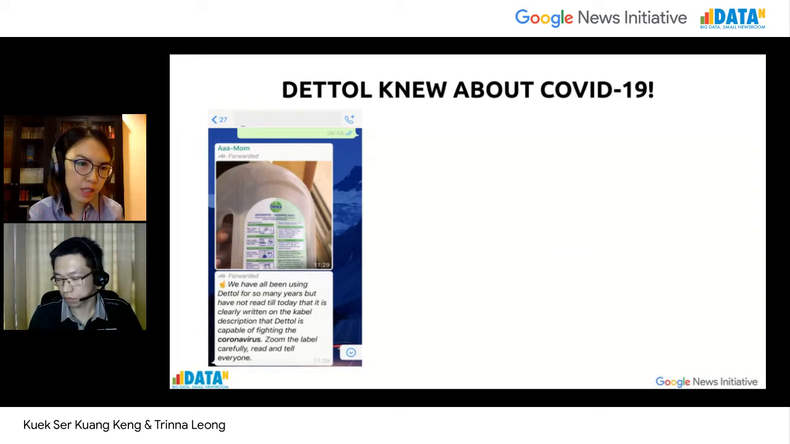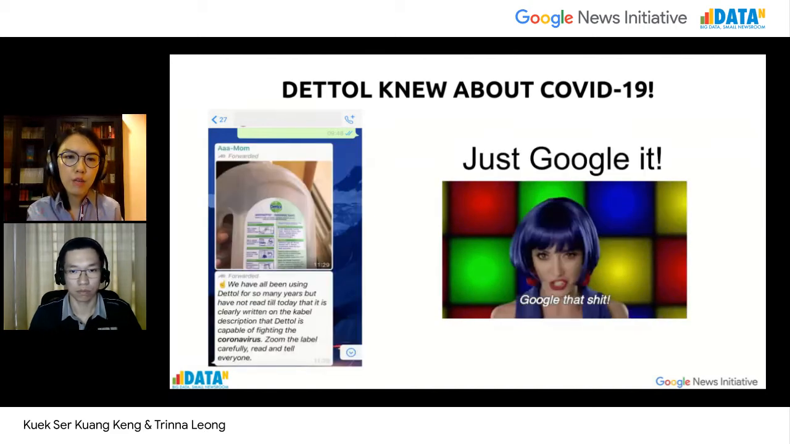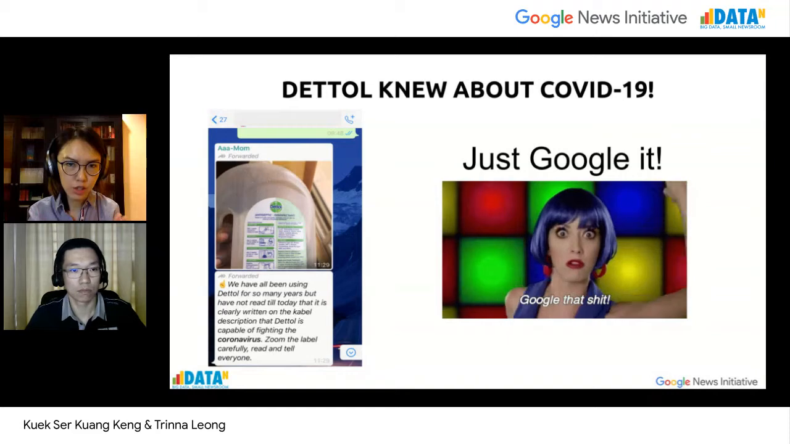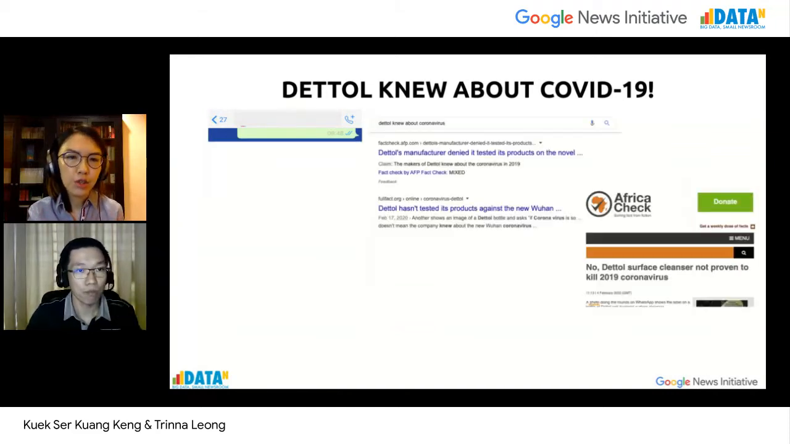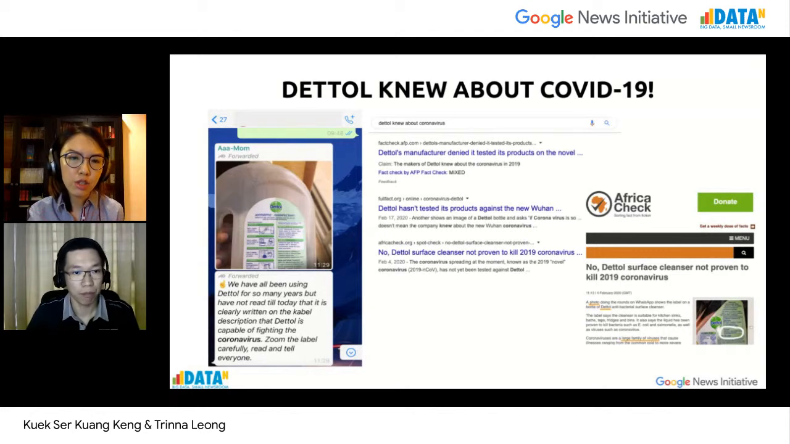And the second one that my mom sent to me was, I think most of you would have recognized this Dettol disinfectant. Probably a lot of you use it. At the back of it, the label actually does say that it fights coronavirus. But again, you can just Google it to find out whether the claim is true or not. If you just do a simple Google, you could see that a lot of people have debunked it, and it shows that